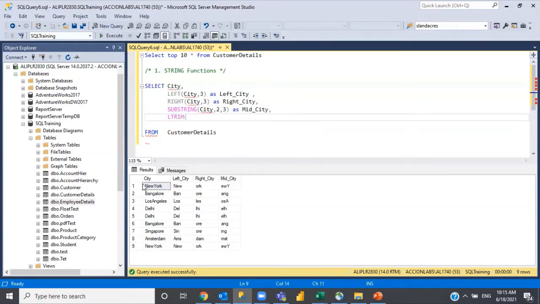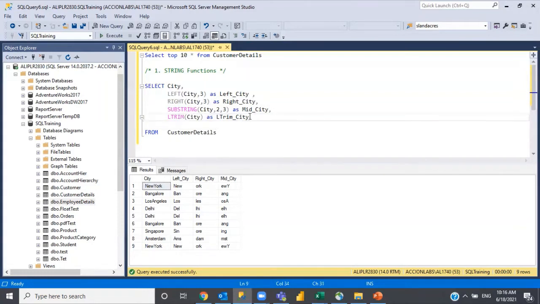This will simply remove the spaces present at the start of the string. So if you write like this, then if there is a space at the starting letter, it will trim that space.